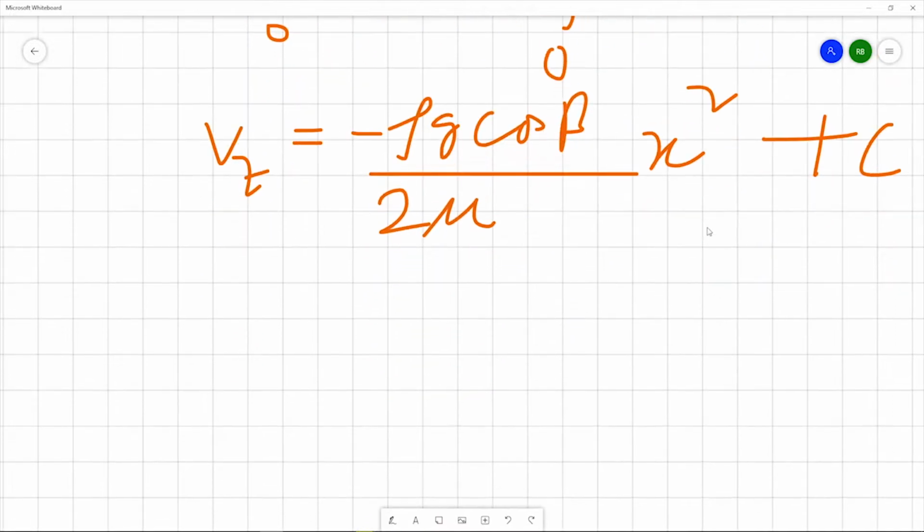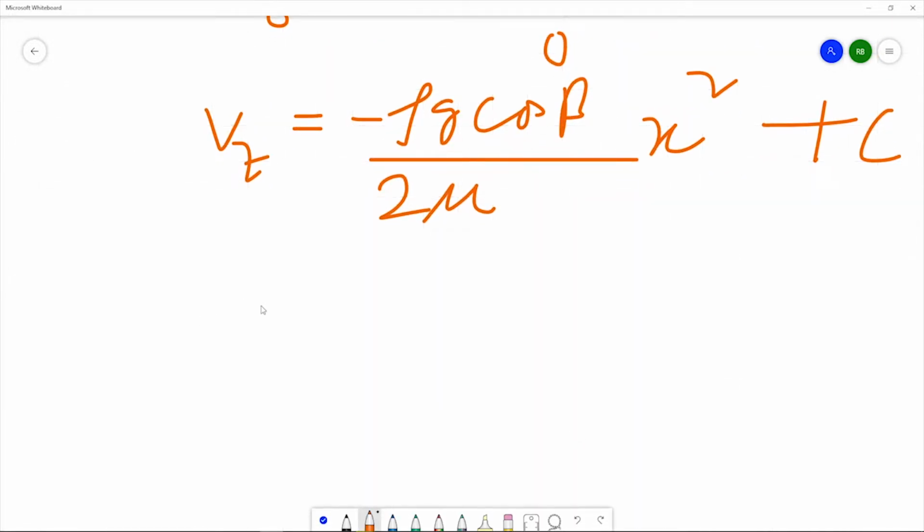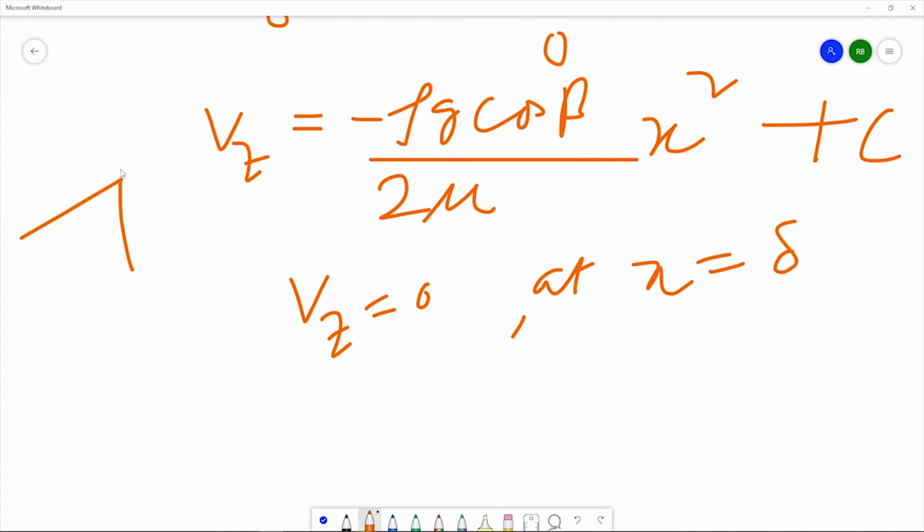Now you have to use the boundary condition for velocity. So where is the velocity 0? vz is 0 at the wall, right? At the liquid and solid boundary interface, so at x is equal to delta. If you remember, we have the coordinate system starting at the beginning of the film, and at the wall it is here. So if the thickness is delta, then definitely x is equal to delta. We have velocity 0 here. So if you put it here, you will get c is equal to delta square times that coefficient. Just replace the x with delta square. So if you rearrange, you will finally get the